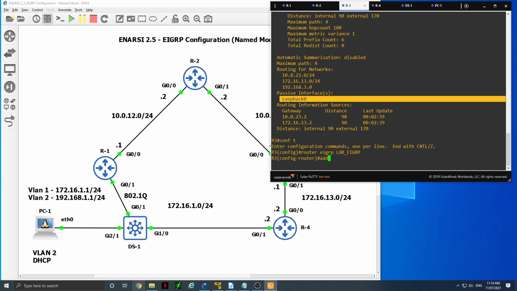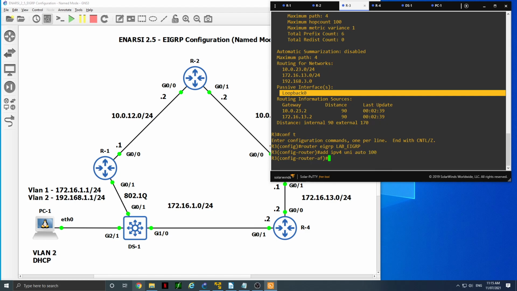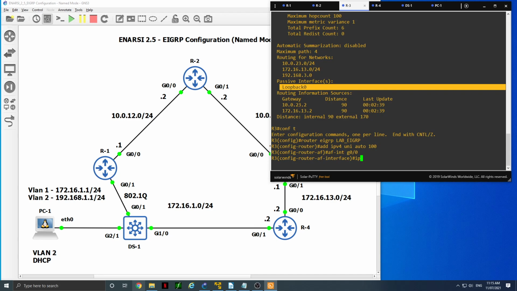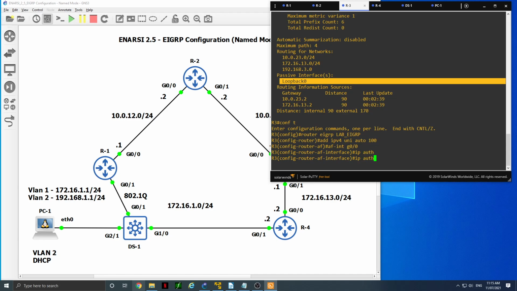That way you wouldn't have to keep typing in the address family IPv4 unicast autonomous system 100, because you do it all at once in that. So just to save you some time. So AF interface, it's going to be G00 facing router 2, and the command on the interface is IP authentication, which